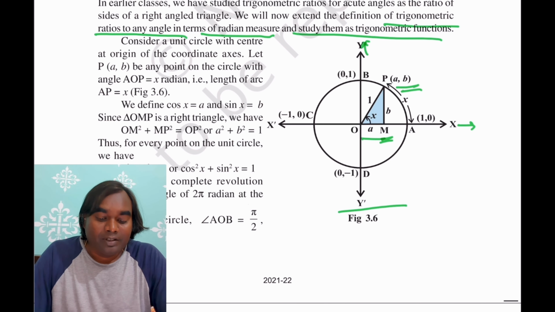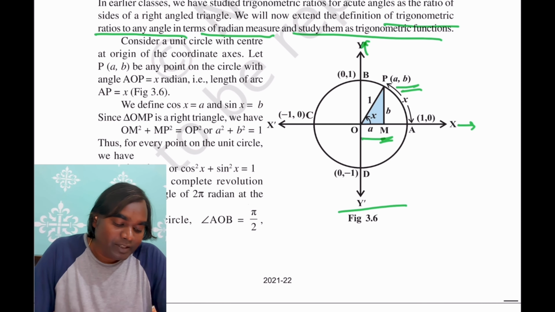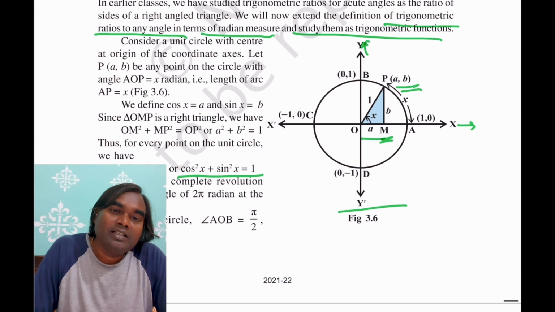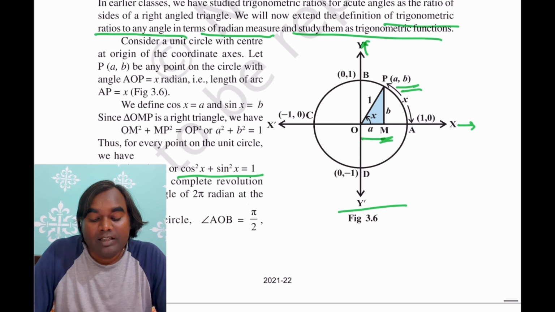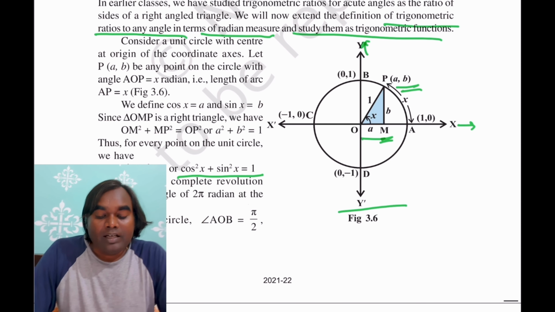So therefore we can see that 1 square is equal to a square plus b square, where a is equal to cos x and b is equal to sin x. After substituting this value, we will get cos square x plus sin square x is equal to 1, where x is the angle that is subtended by this arc AP,